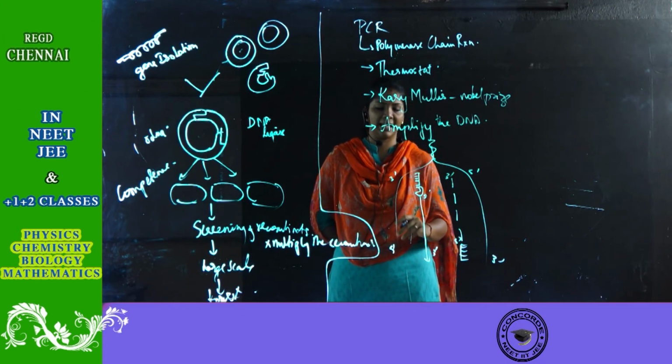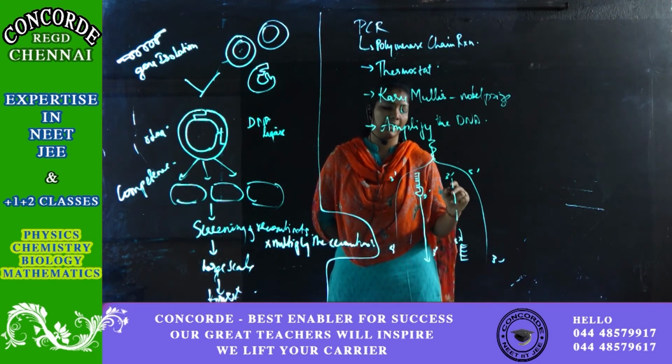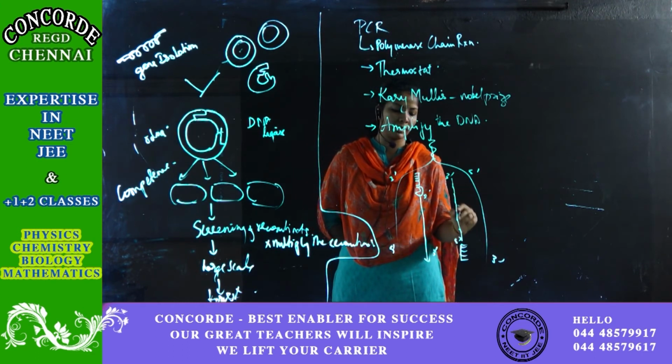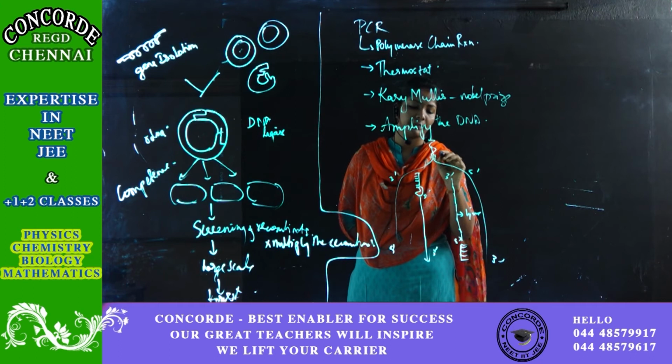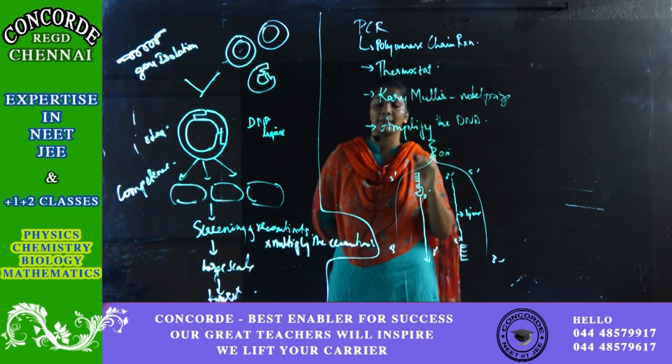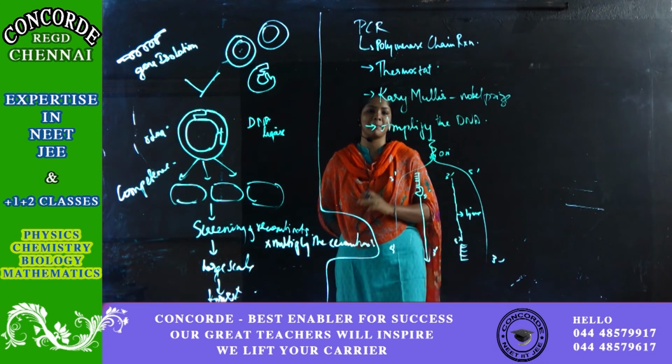So this is called the leading strand, this is the lagging strand, this is continuous, this is discontinuous. Later these fragments are all joined together by ligase. So this is how replication normally happens, and you should have an ORI site for replication to happen. Okay, fine. So this is how it happens naturally.